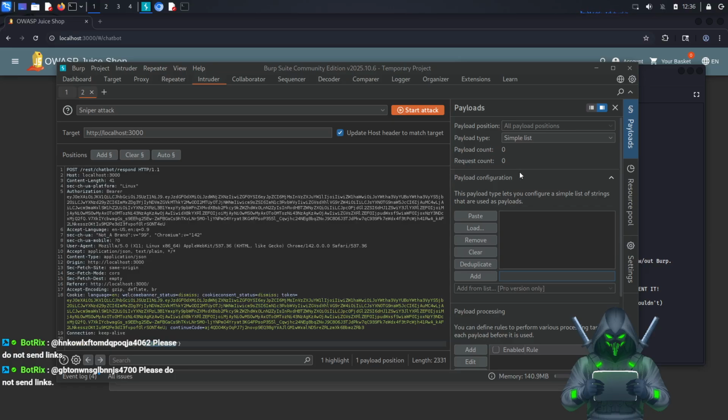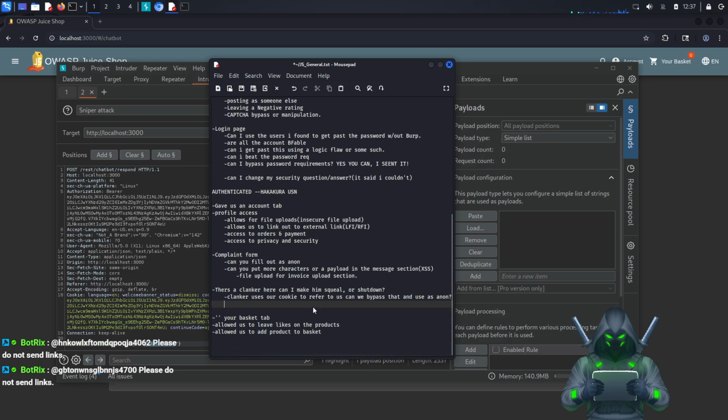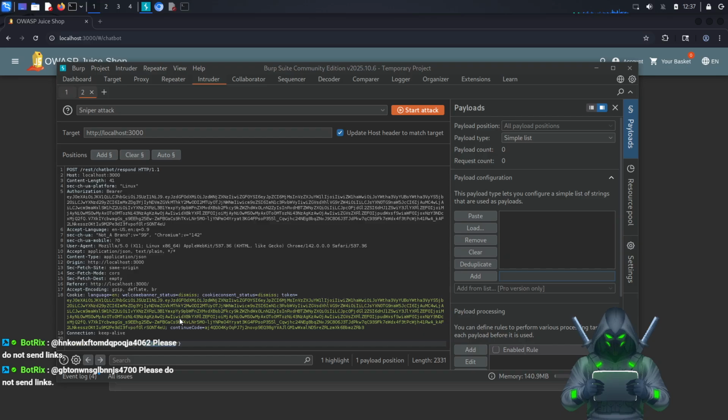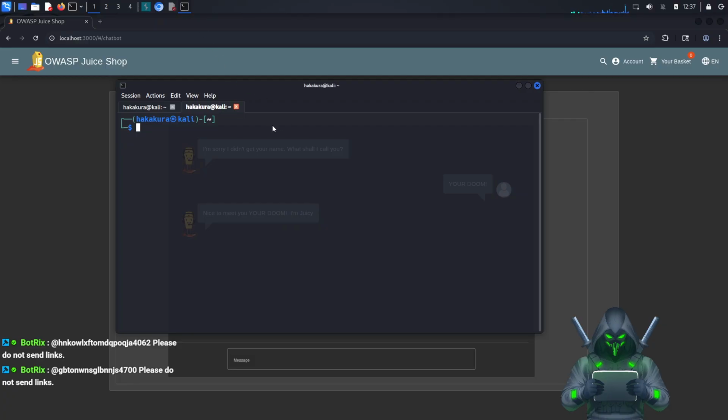Oh no, I would actually, hold on, I would do a list, and let me create another. And I would do something like this. I really wanted to do this because I thought it's fun. But we already have that in Intruder. What we would need to do is touch chatbot destroy